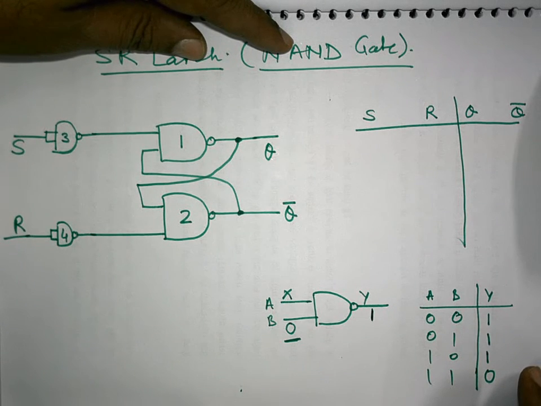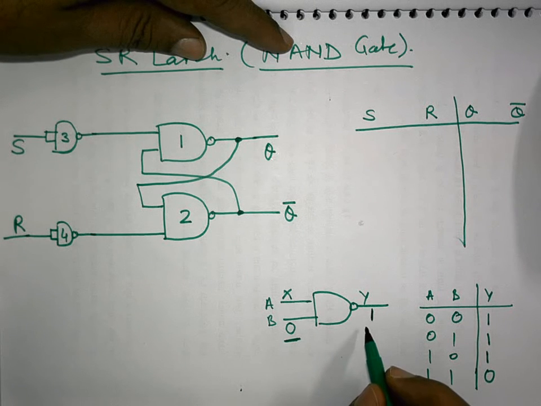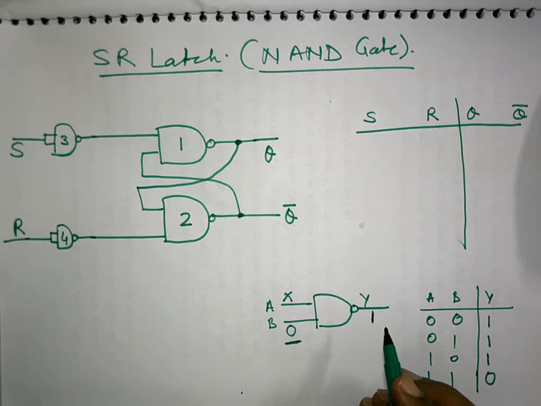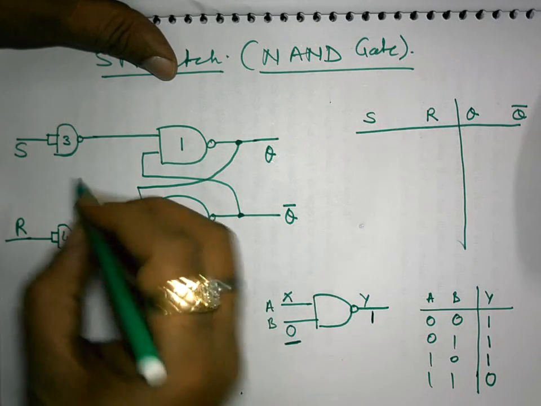There in the NOR gate the decision making input was 1. We see where 1 is coming and then we finally decide the output of that NOR gate. Here we will see where 0 is coming and we will decide the output of that NAND gate, and because of those combinations we can propagate further in our circuit analysis. So you see what the various possible input combinations are that we can apply.